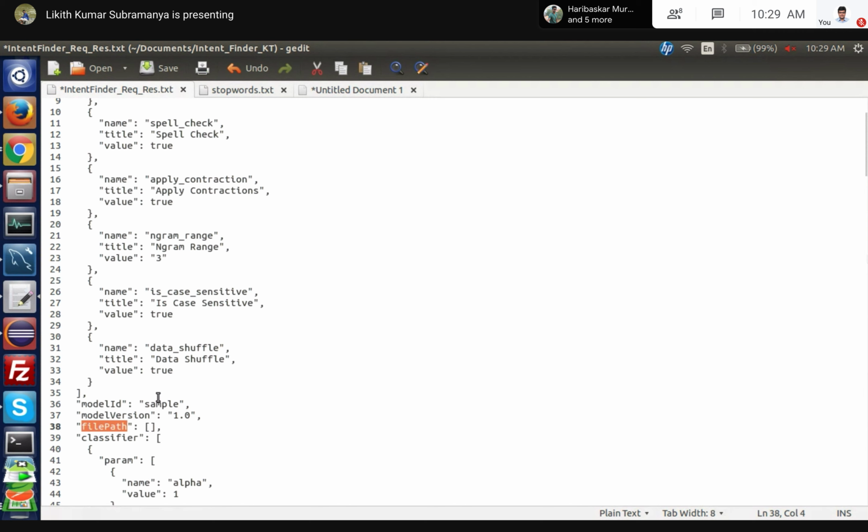Why do you test? Because you need to get some accuracy or precision, so that you can tell others that you have a machine learning model with 90% or 80% accuracy. You need to evaluate your model after training.